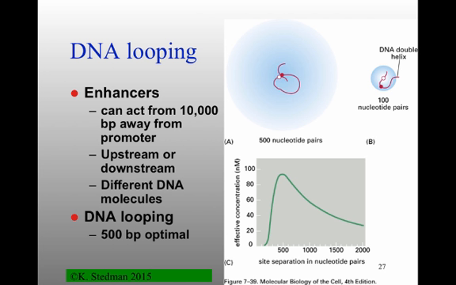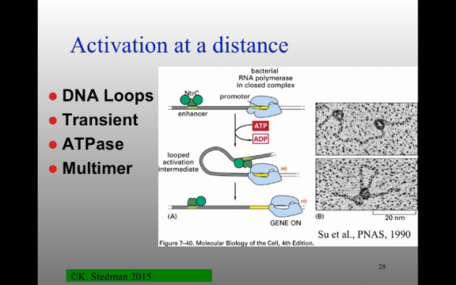And so if you look here down at the bottom at the relative amounts of different proteins next to each other, depending on how far away they are from each other, there's a sweet spot at about 500 nucleotides away from each other. So how do we know all about this? Well, the main way that this is known is actually in looking at literally loops that form in the DNA while you have an enhancer binding protein, i.e. something that binds to DNA up to thousands, again, or 10,000s of nucleotides away, and then the RNA polymerase bound